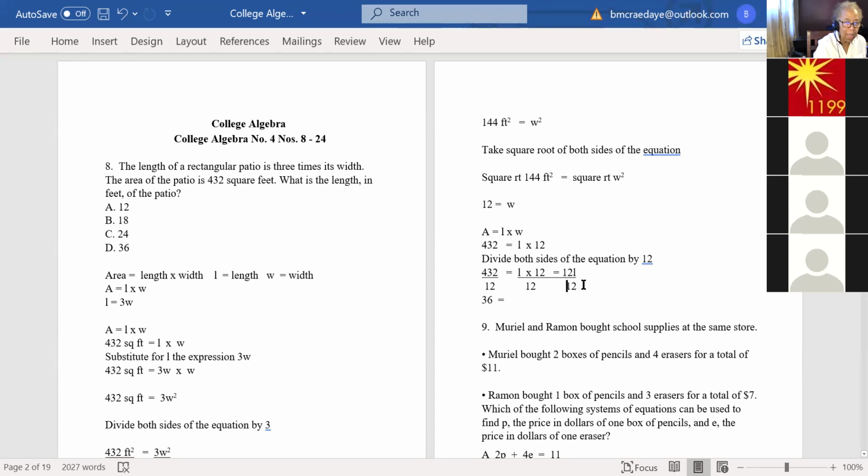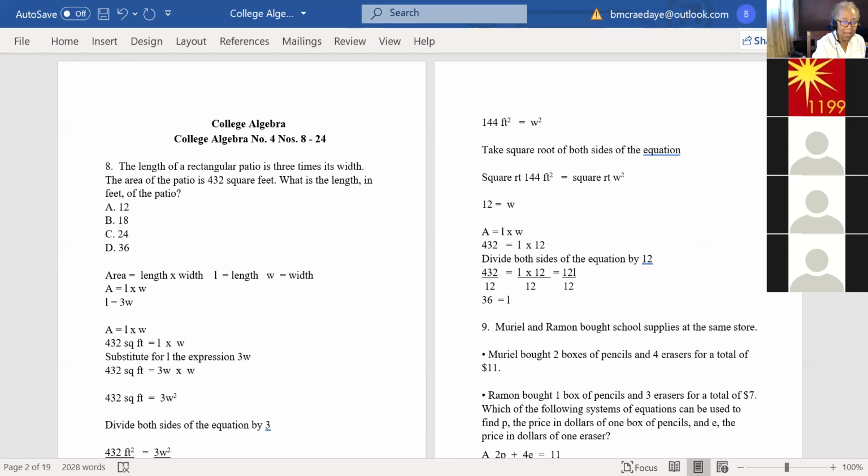What's 12L over 12? Chastity, what's that equal to? What's 12 divided by 12? 1. Yeah, 1. So that would be 1L, which is the same as L, right? So that means the length is